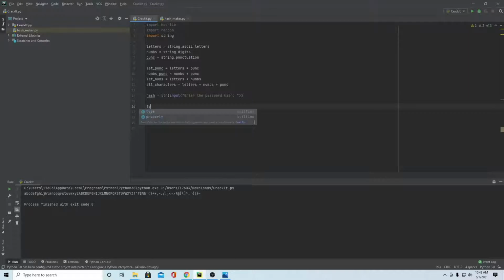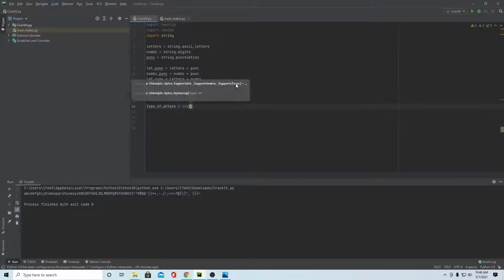Then we're going to define a variable for the type of attack they want to do. In this program, I'm setting it up so you can perform a dictionary attack with the word list or do a brute force attack. So we'll say type of attack equals an integer of the input